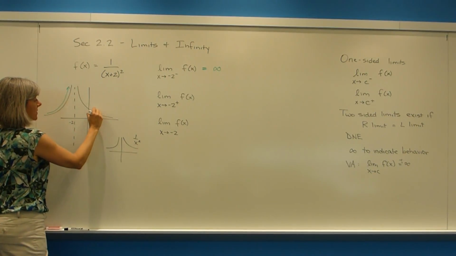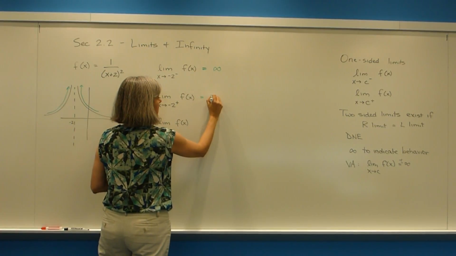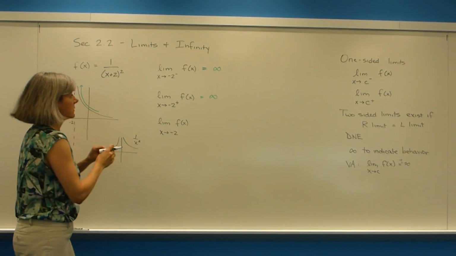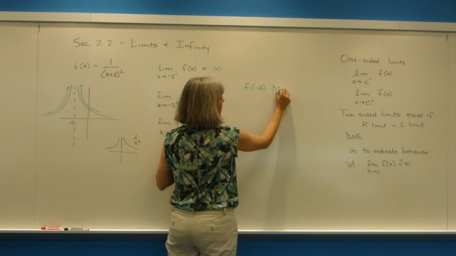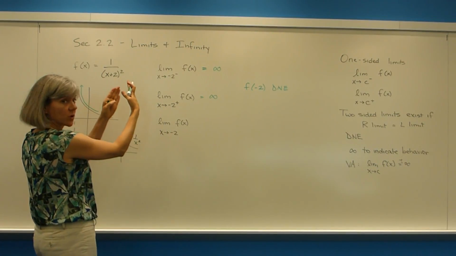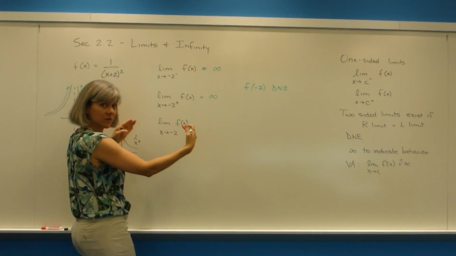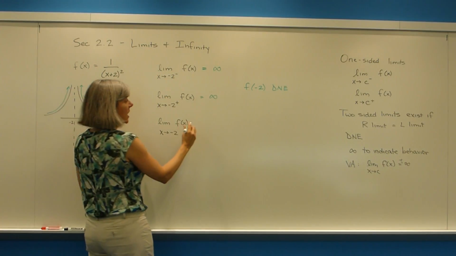And from the right side, it's actually doing the same thing, going off to positive infinity. There is no point. We should be clear that f of -2 does not exist. There is no point there. From both directions, it's going to infinity. So because the limit from both sides, from both right and left sides, are going to the same place,